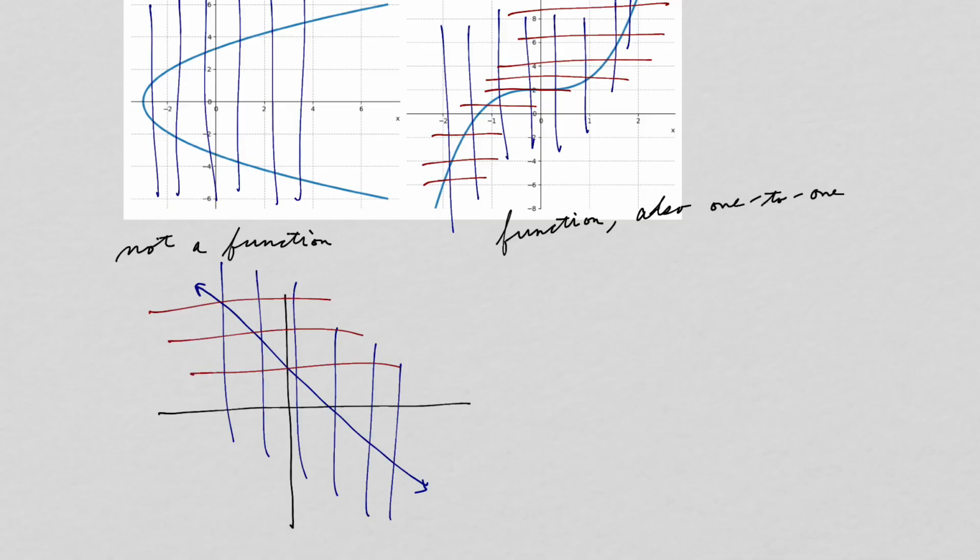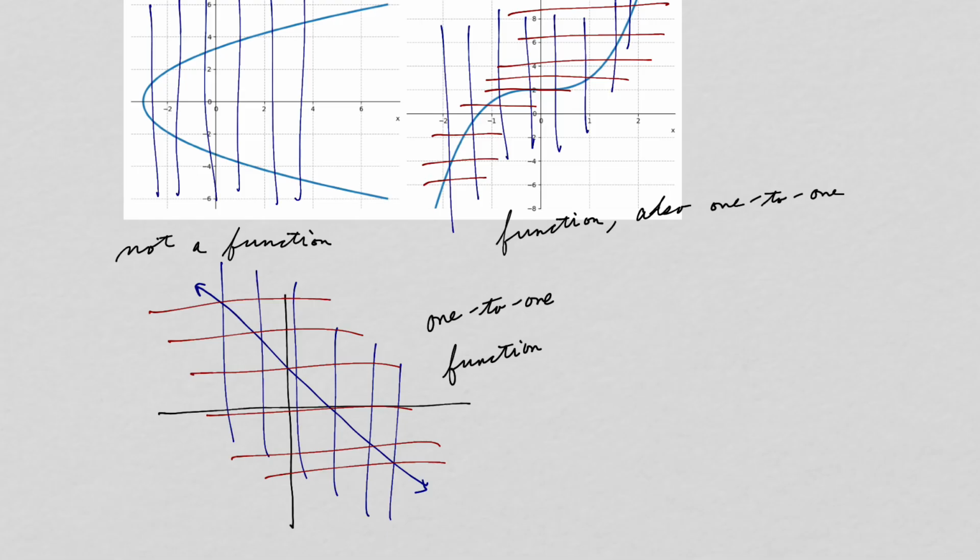So a linear function would also be one-to-one. So it's a function and also one-to-one. Or you can just say it's a one-to-one function, right? That implies already that it's a function. So I'll just say it's a one-to-one function. Okay, so you have to pass both the vertical line test and the horizontal line test for it to be